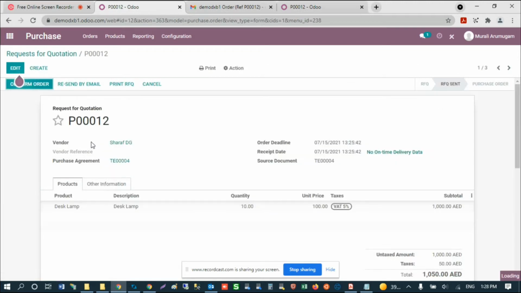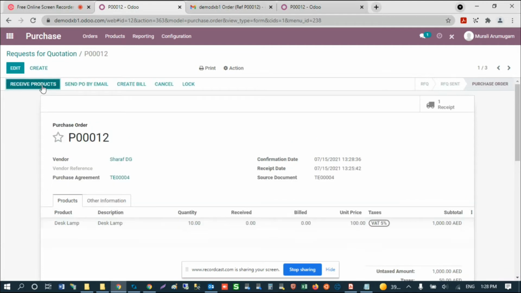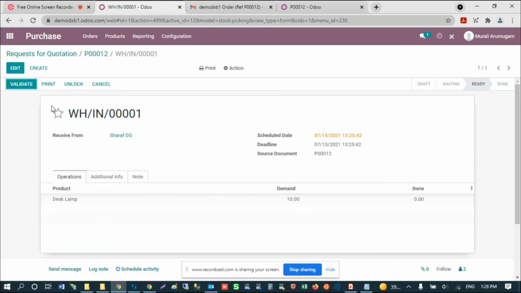So then you could choose the best quote to place your order and press the confirm order button, which would just send out an email confirming this quote to your suppliers. Once the supplier has sent you the items, then you can receive them into your inventory. And so basically, this is how you would use Odoo for purchasing.